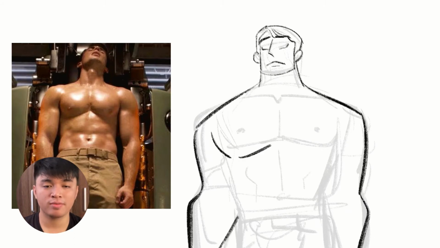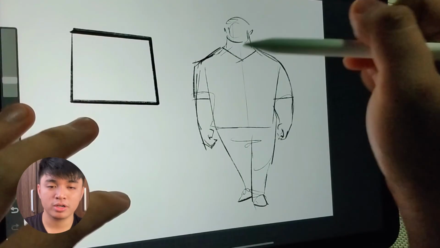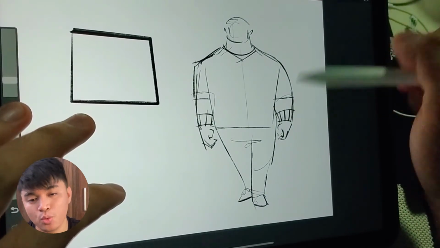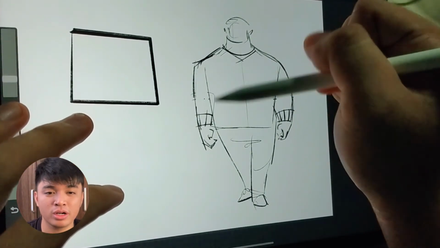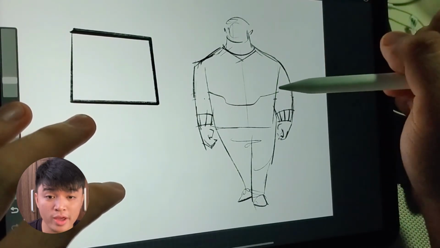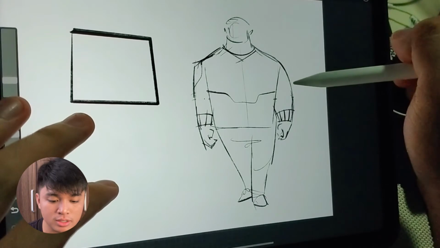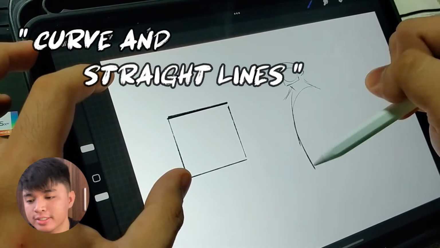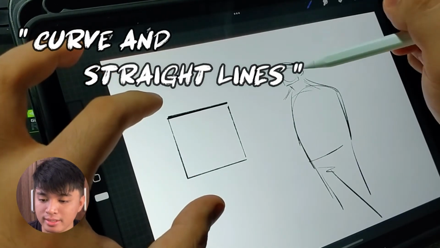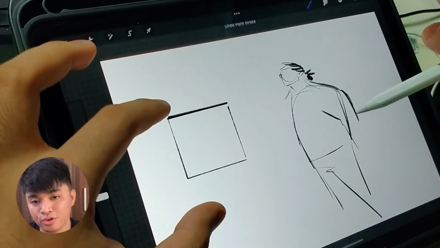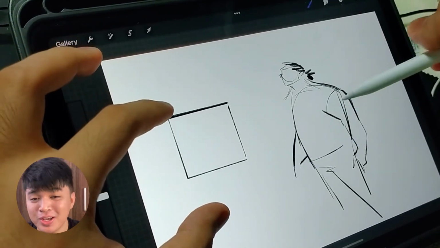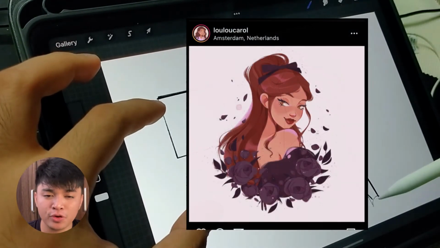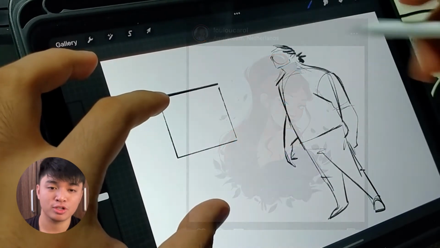Of course, if you have a square build, the other body parts must be in the same shape. Even the fingers, you have to square them all. If everything is a square, the fingers need to be square too. So when I finally figure out the shape idea, I start sketching the character using curves and straight lines. I use a combination of curves and straight lines, which means not really curved and not really straight, because there are art styles that use so many curves, and other art styles that use so many